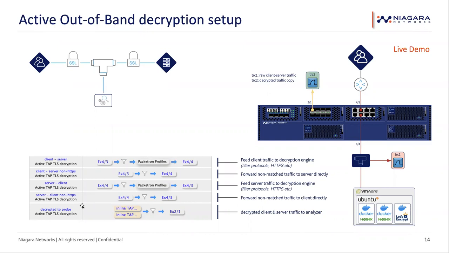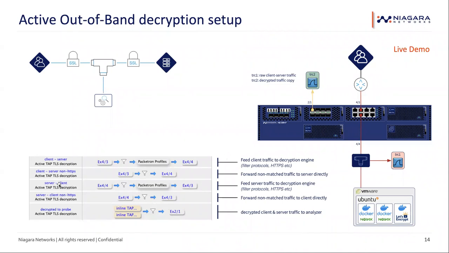What I normally do is only send the traffic that we want to decrypt. So if it's HTTPS, I only send the HTTPS to the Packetron, and all the other traffic is sent directly from the client port to the server port. The Packetron can easily cope with that traffic, but it just takes bandwidth through the Packetron, which we can easily divert and send directly to the egress port. Hence the reason that I take only the traffic that we want to decrypt and send it to the ports, and the rest is directly connected to the server.